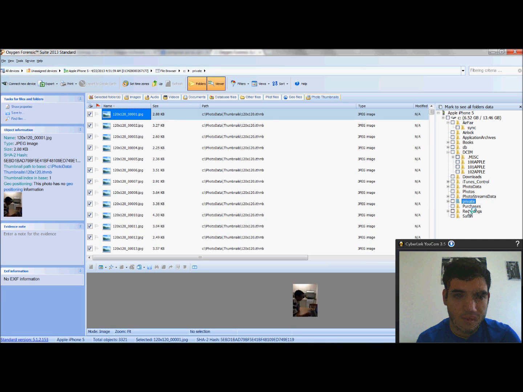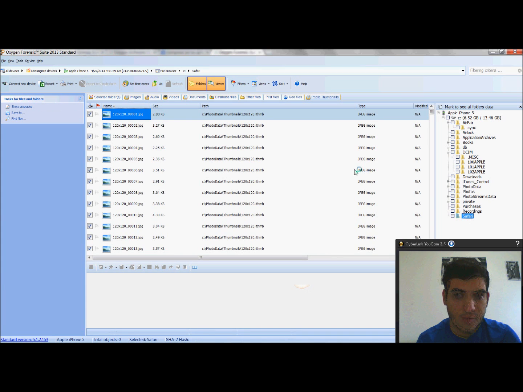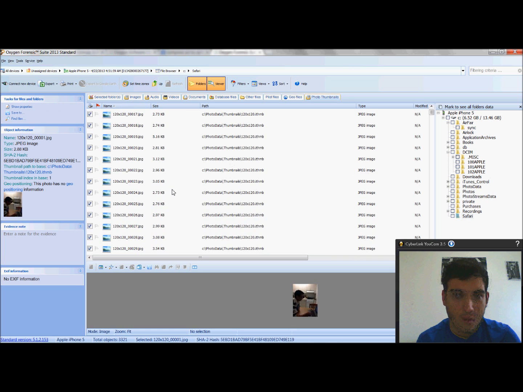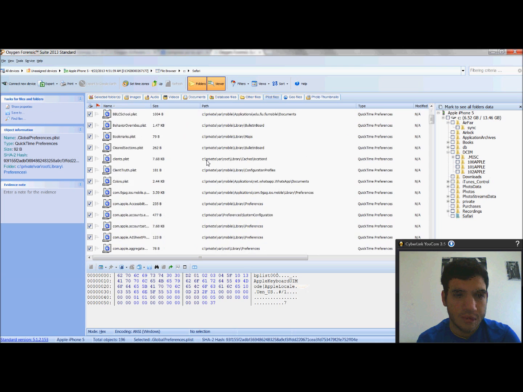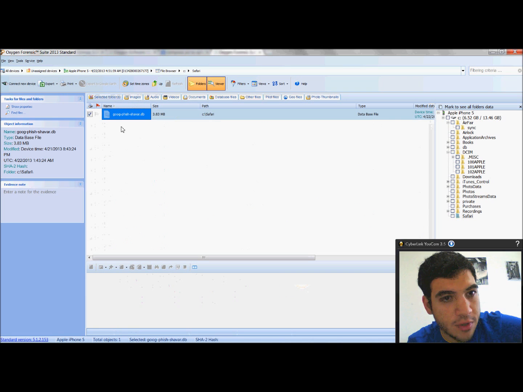You can see all the info through the Safari browser, all the thumbnails, lists, videos, all the audio, all the images, all the folders inside of it. So